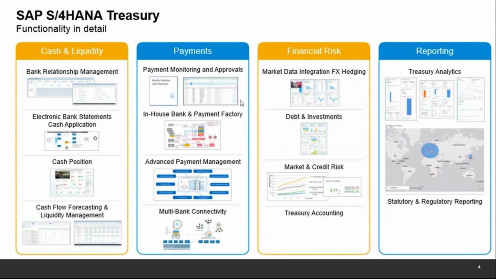Then we'll come to financial risk, as I think one of my friends was saying in the beginning. Financial risk is something which is very crucial for an organization. How the market data is integrated, and FX, foreign exchange hedging. Some of you might be aware of foreign exchange as such. We will cover foreign exchange, but we will also cover hedge accounting or hedge management, the new hedge management, using the new hedge management cockpit. I'll just come to these terms in the next slides. What are these terms and what this means?